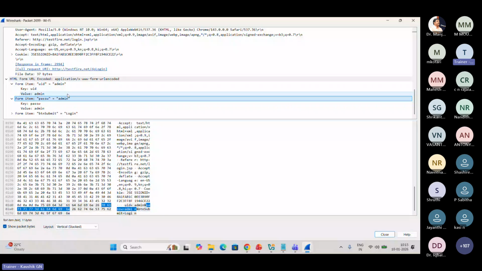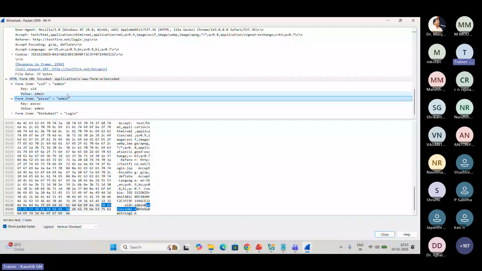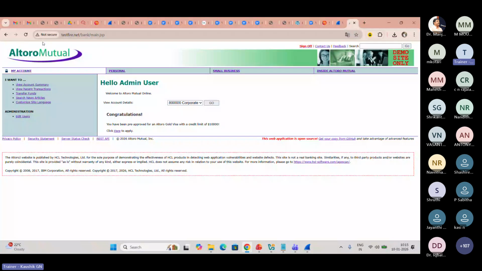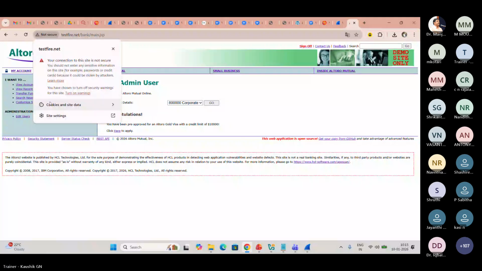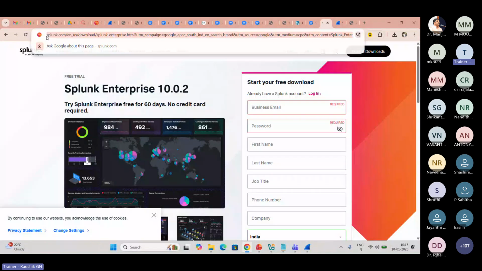So HTTPS is not a new version. The only thing is you are adding the SSL certification here. For example, you can see here, this connection is secure. The certificate is valid. You may have heard of SSL certificates.